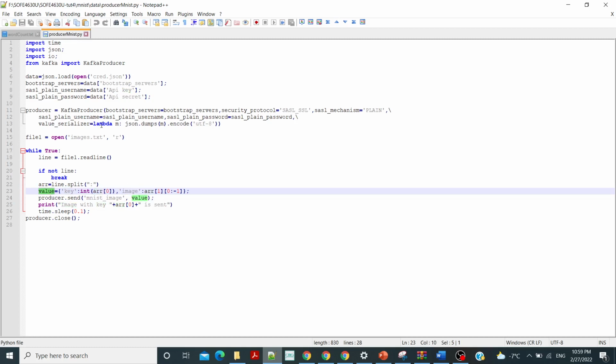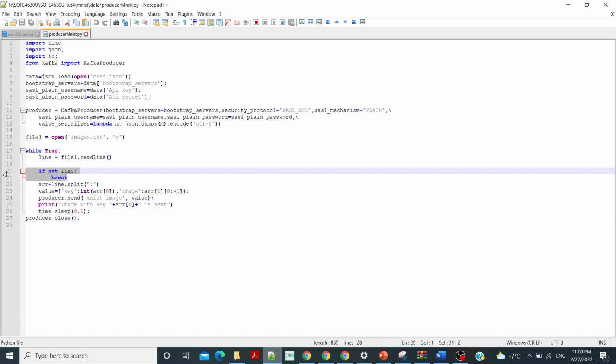And to do this, we are doing the serializing using the JSON serialize command, which is the simplest one, and printing that the image with a certain key is sent. Wait a little, and then go again and produce for the next line, and so on until the whole file is sent. So this is our code for producing, and